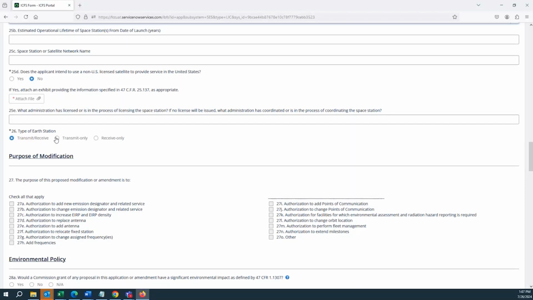So if your station is either transmit and receive or transmit only, so if the Earth station you were applying for a license to get an authorization for does any kind of transmission of information into space satellites, if it does any transmission at all, then you're going to have to fill some extra information out about the power of your transmitter and some other information as well relating to your transmitter.